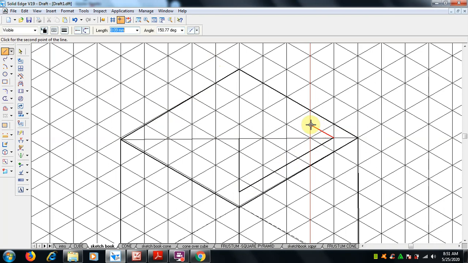From here this is 1 2 3 4. So obviously it will come here. I cannot say exactly. In your sketchbook we can get it clearly. So 1 2 3 4, 1 2 3 4 I am making.